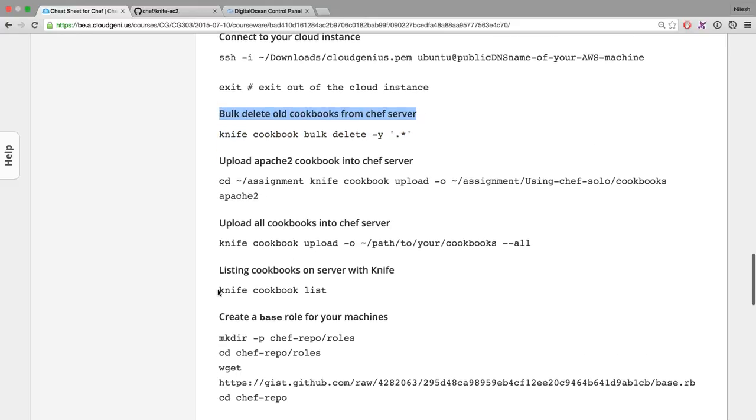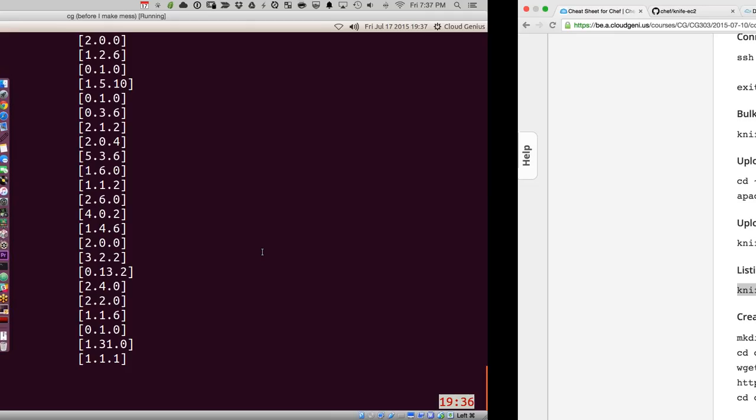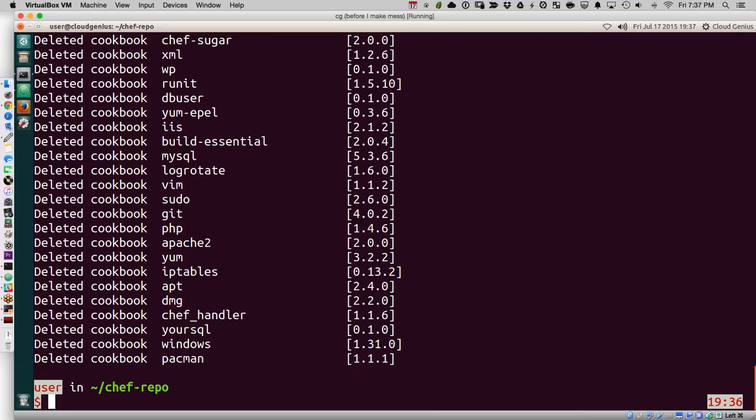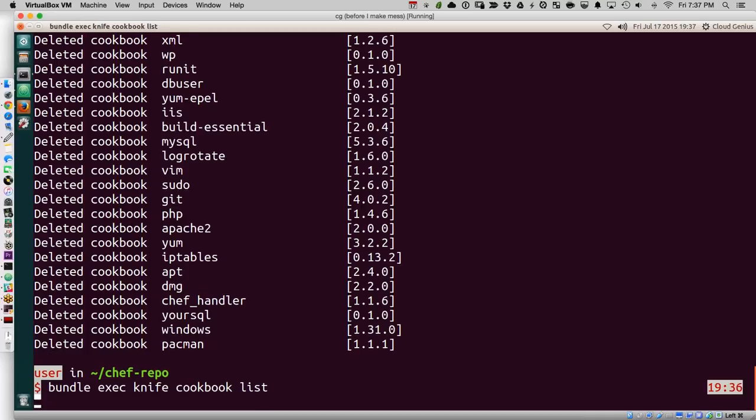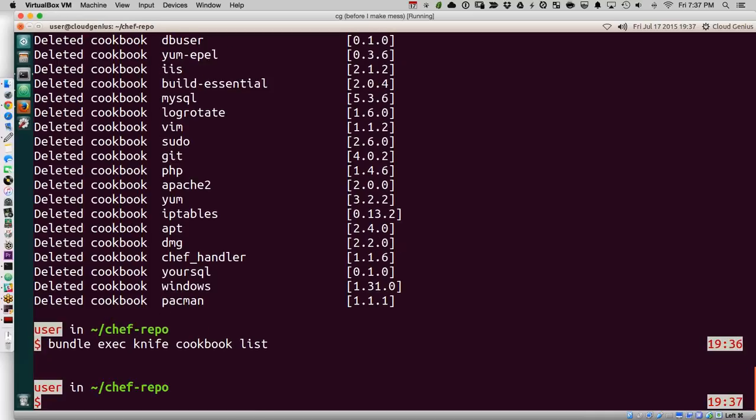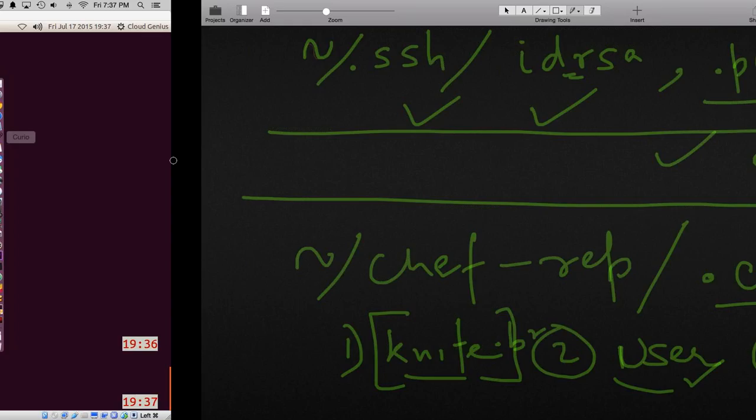Then there is this knife cookbook list command, which is going to list all your cookbooks. And so you will say knife cookbook list, which will give you an empty list right now because I just deleted everything. So what we are dealing with right now essentially is